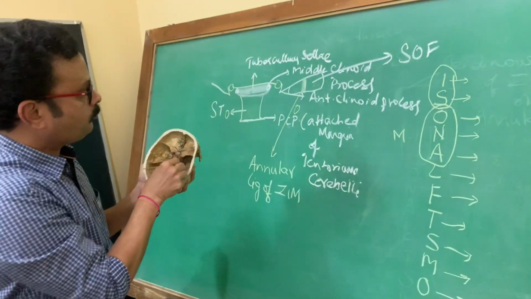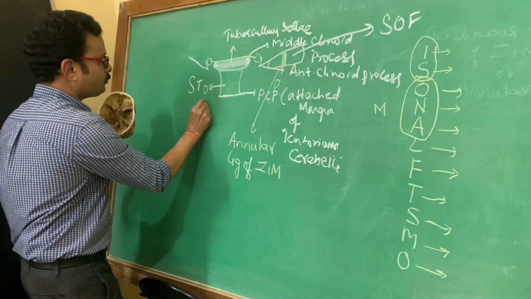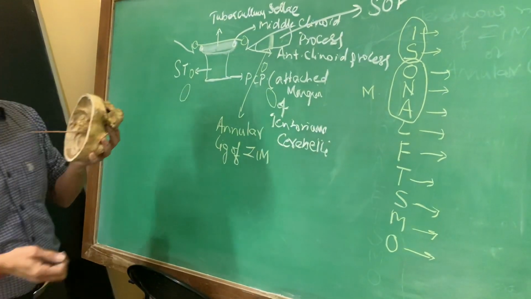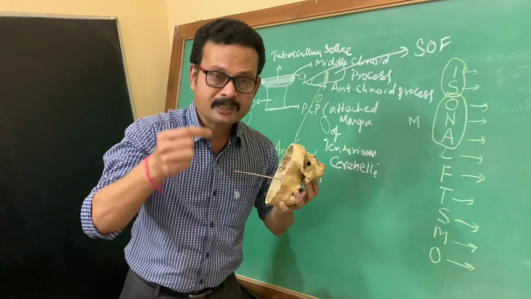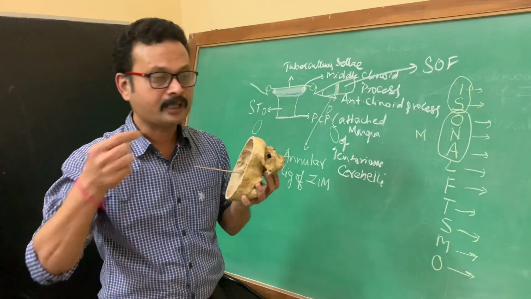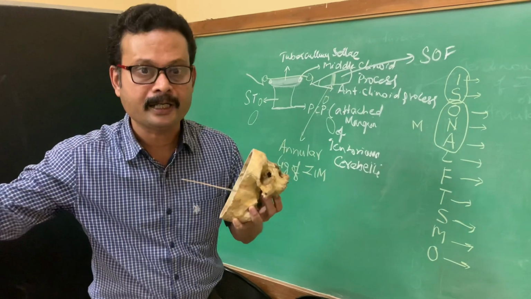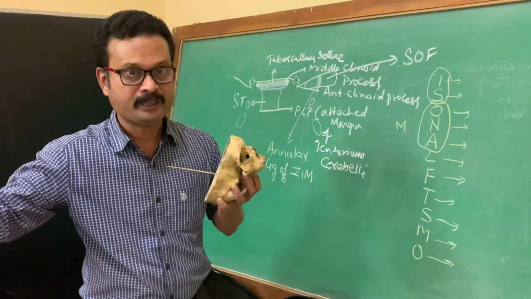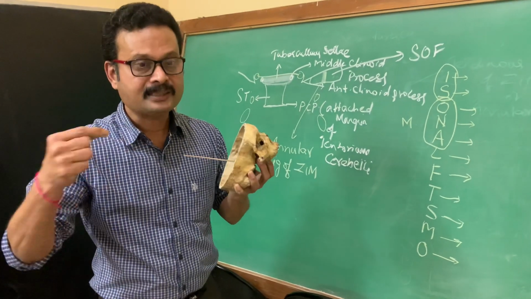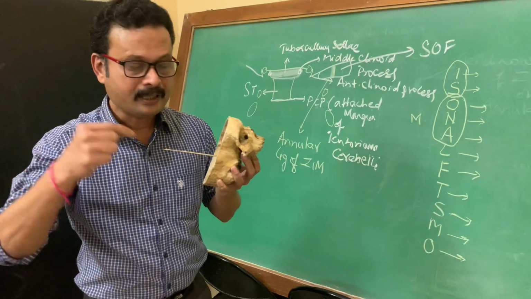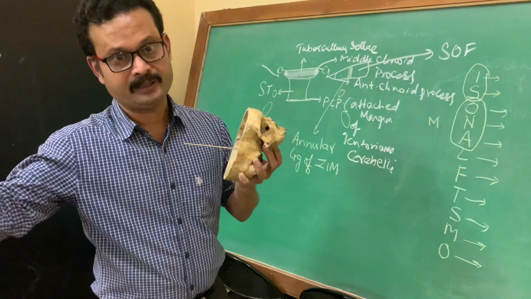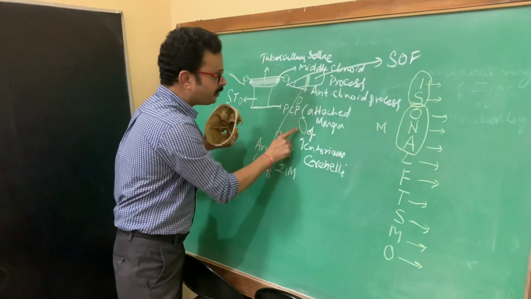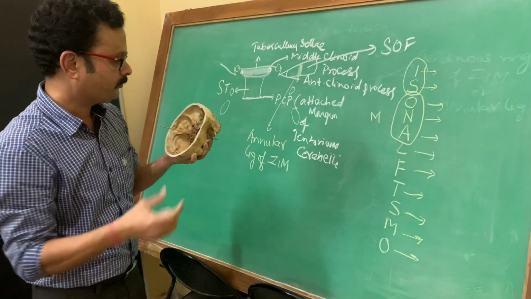Further, posteriorly you can see one more foramen which is oval in shape on either sides, which is called foramen ovale. To remember the contents of foramen ovale, you try to remember male, M-A-L-E. M stands for mandibular nerve, A stands for accessory meningeal artery, L stands for lesser petrosal nerve, and E stands for emissary vein. Is it clear? All these are the contents of foramen ovale. It is oval in shape, hence it is called foramen ovale.